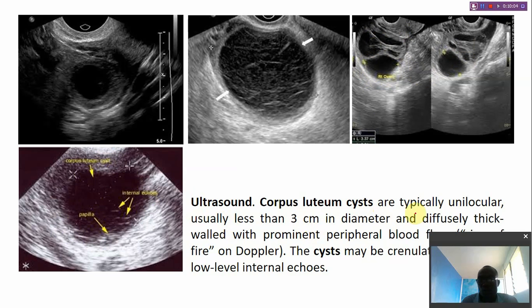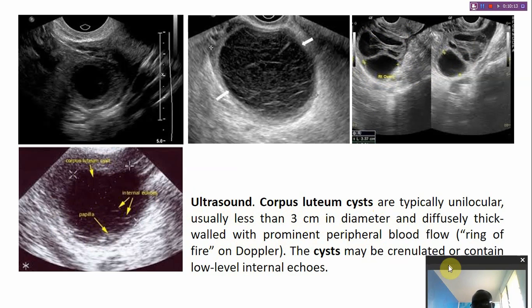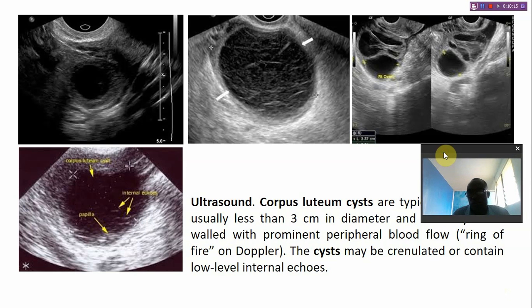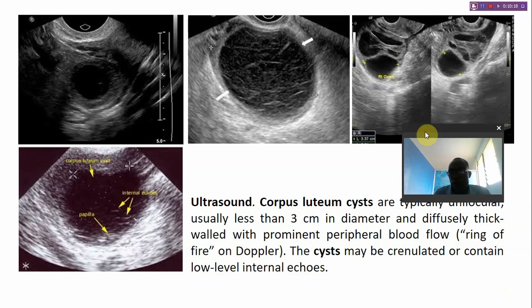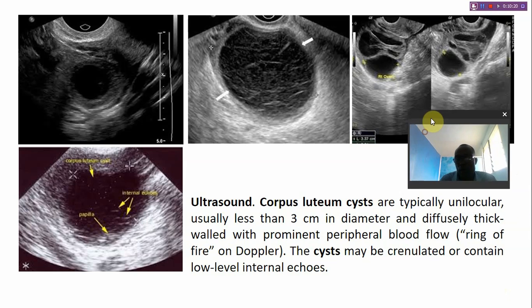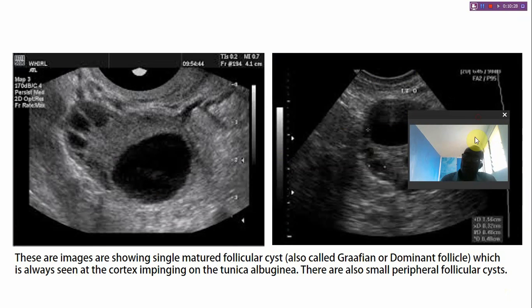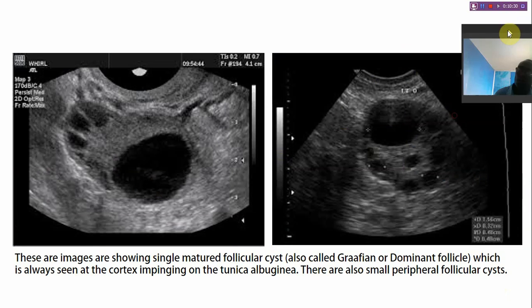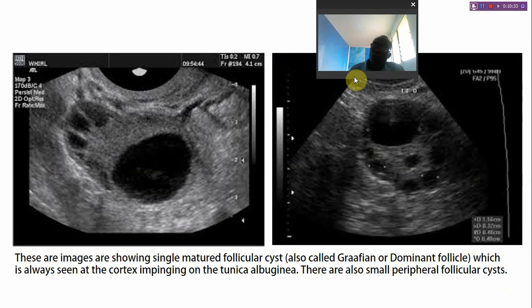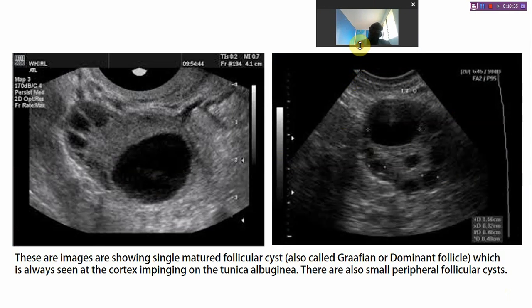So the corpus luteum is typically less than 3 centimeters in diameter, and it usually has a thick wall with prominent peripheral blood flow, a ring of fire on Doppler, and the cyst may be crenulated or contain low-level internal echoes. So the next is other images of the ovary. So you can see